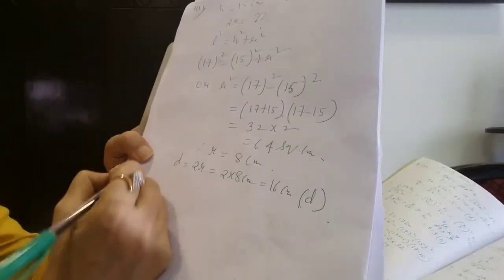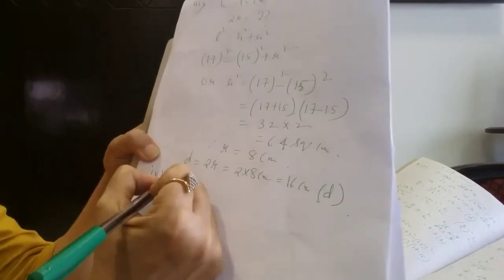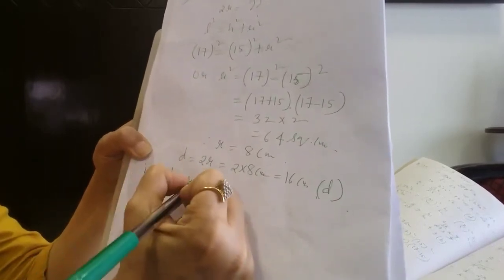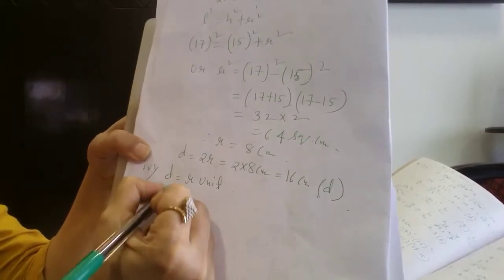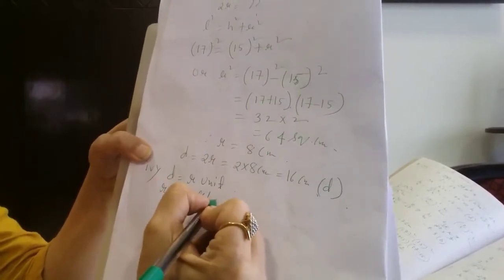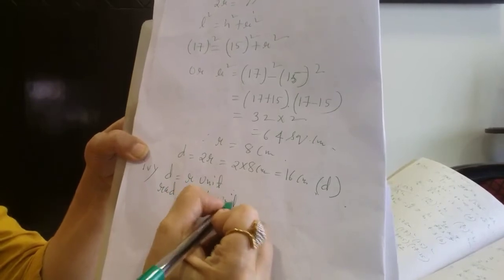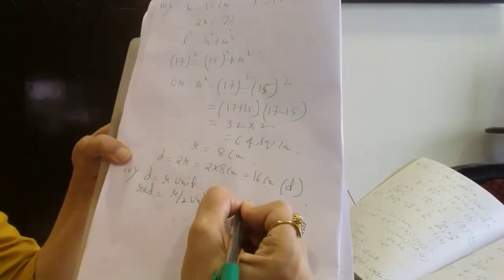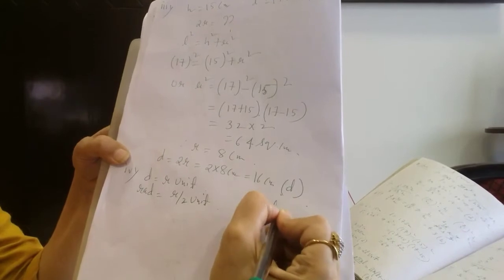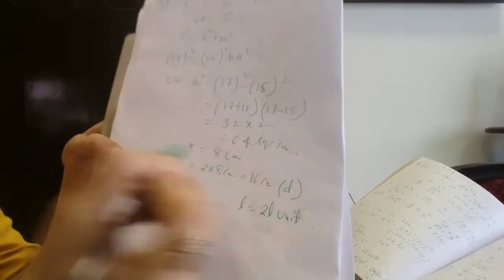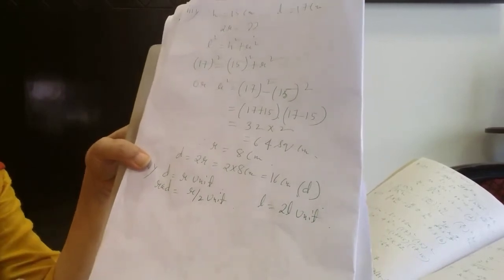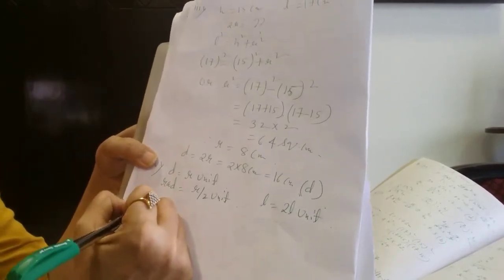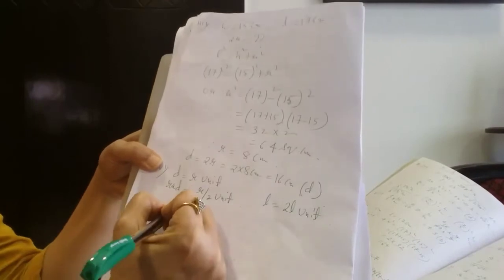Now see, number 4. Here the diameter is r unit. Clear? So the radius will be r by 2. You have to be careful here. R by 2. And the slant height they have told is 2L unit. Clear? And what is the formula of the area of the whole surface? You know the formula.